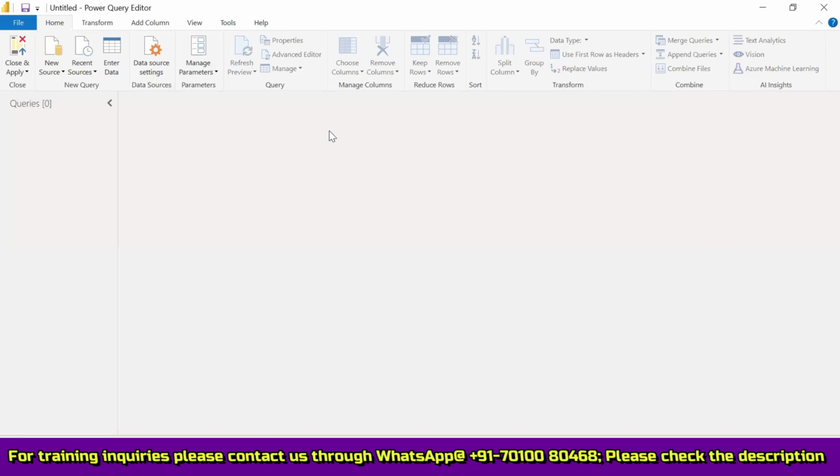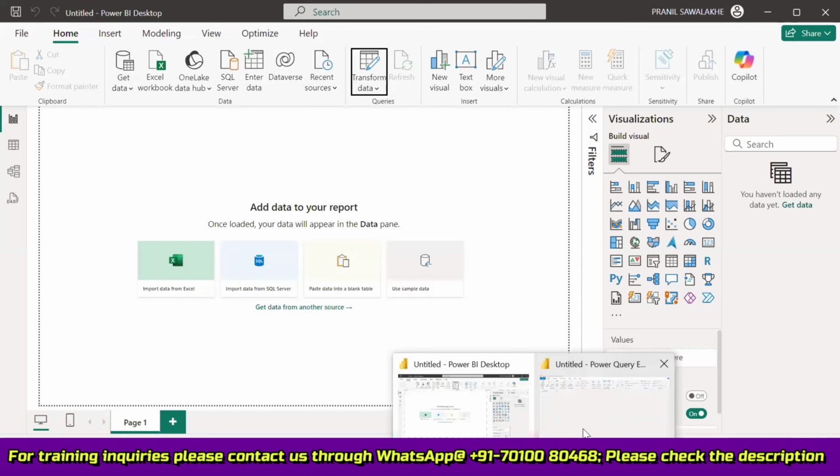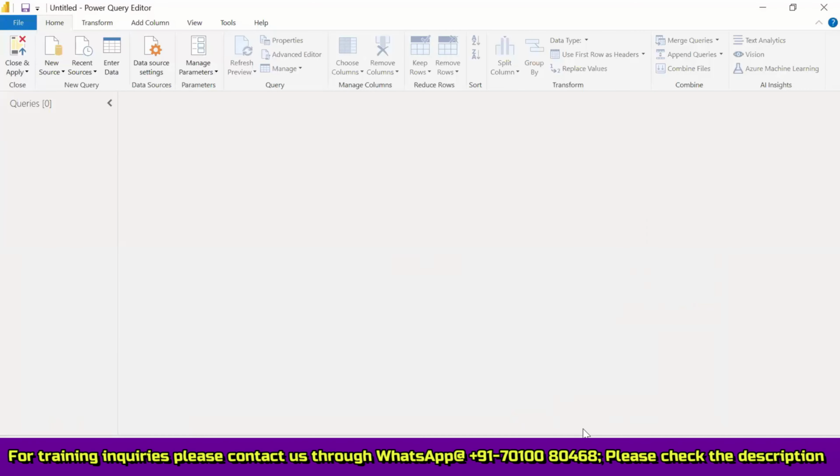Okay. Now, guys, if you clearly see the screen, we are having two screens now. Earlier, we were having this screen. And because I want to open Power Query in the Power BI Desktop,